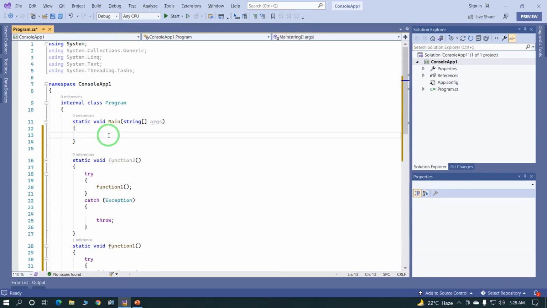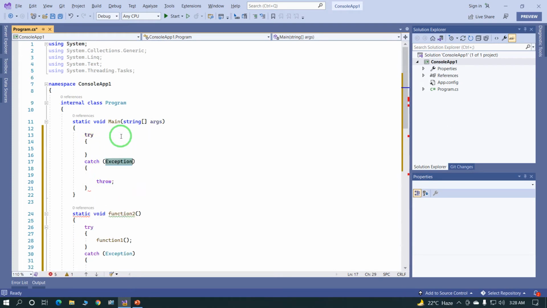Now in main, just write try catch and we call function 2 in the main method,